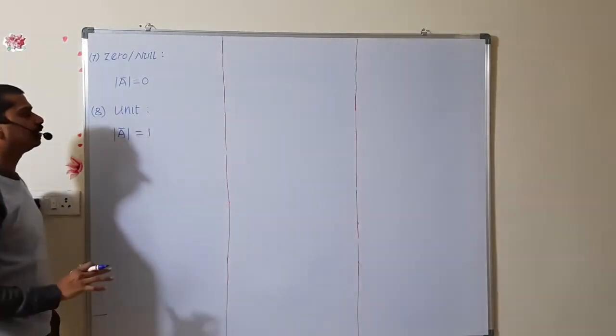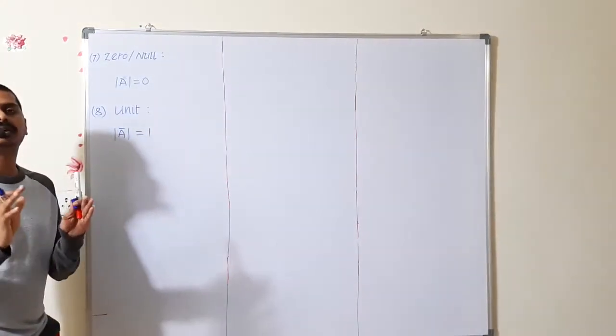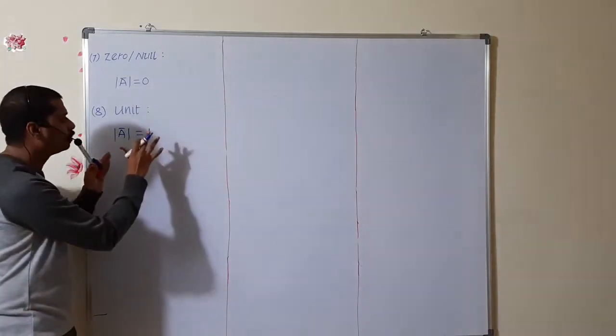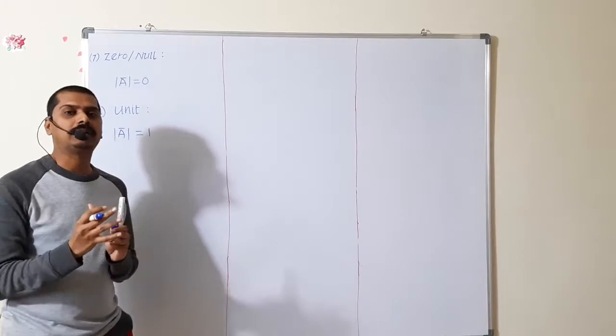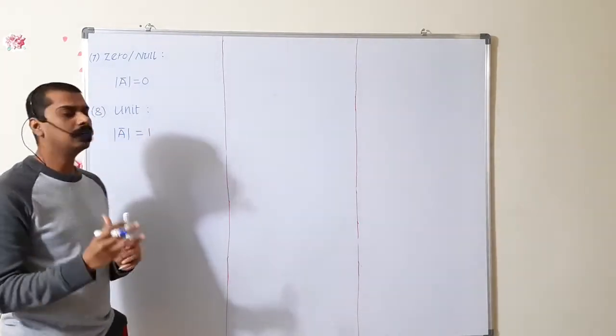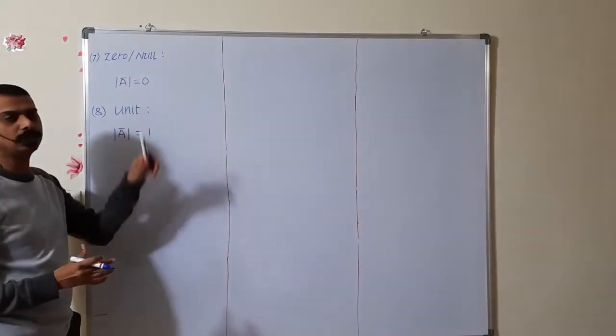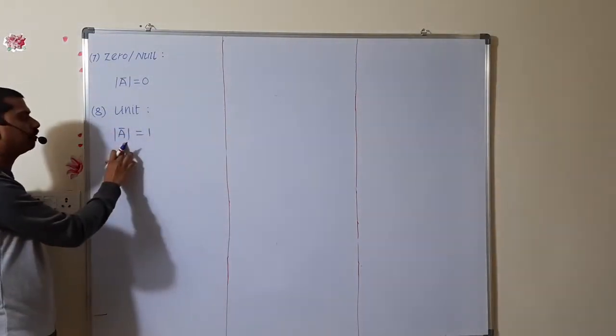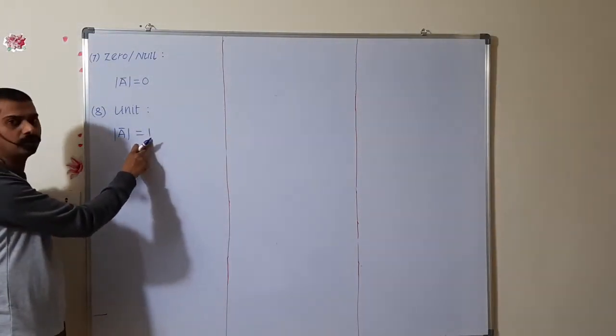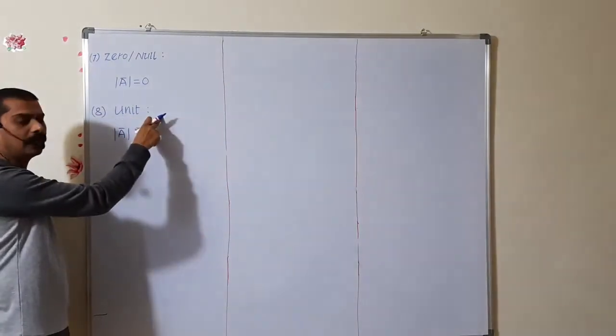This unit vector gives us the direction of the vector, and by using this unit vector we can get the structure of the vector. We can understand how to represent the vector by using this unit vector. The unit vector definition is: the vector whose magnitude is equal to 1 unit is called a unit vector.